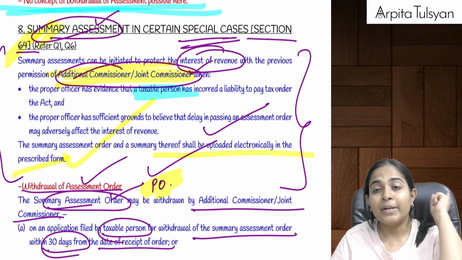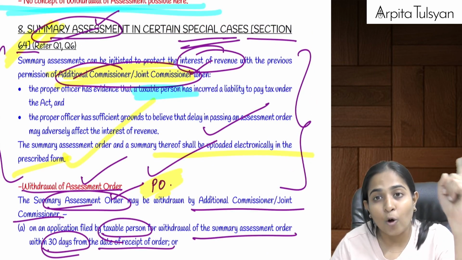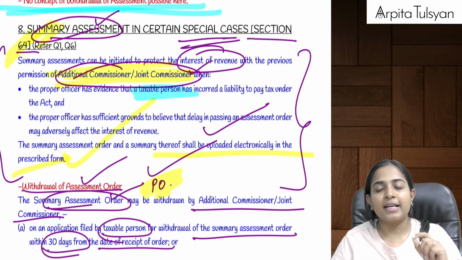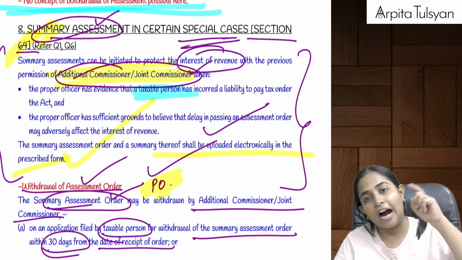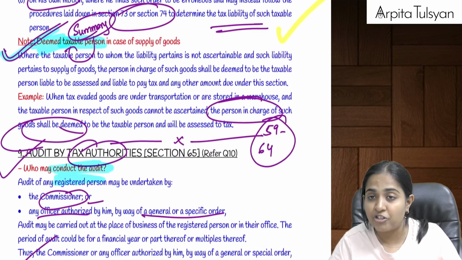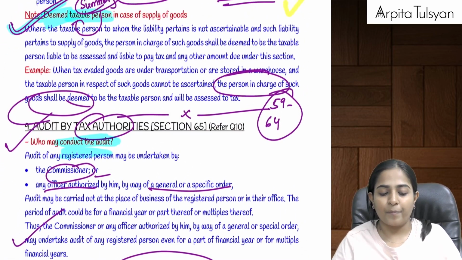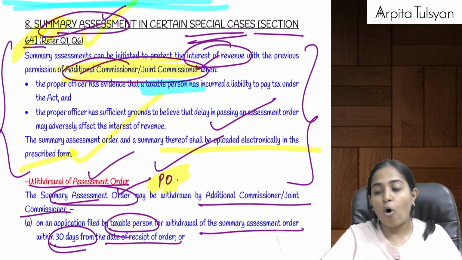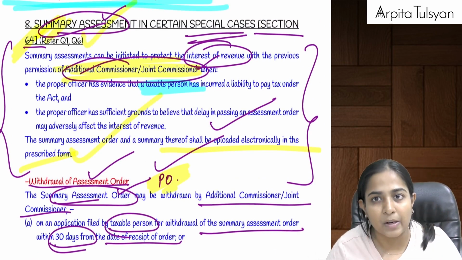Okay, remember, best judgment assessment in case of non-filers of return can also be withdrawn. And similarly, a summary assessment order passed by the proper officer after taking the permission of the AC or JC can also be withdrawn. Yes, and one important point here is this summary assessment order can be passed on any taxable person, and